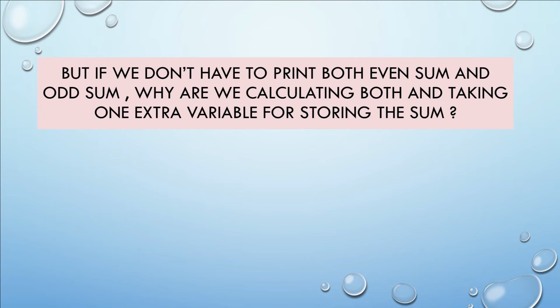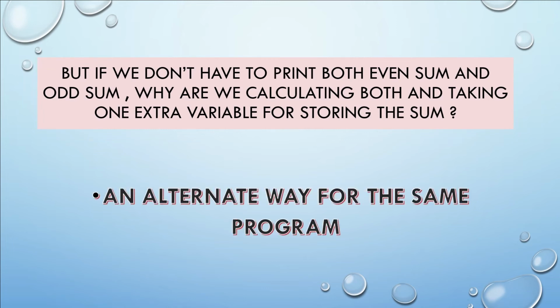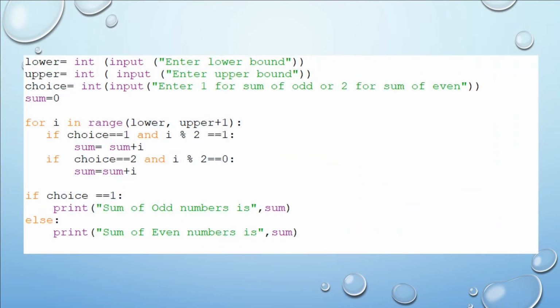So this depends, we can have alternate ways also. I have again used an alternate way for the same program, and this is, you can say, a much better style of programming where I'm going to use fewer variables. So now I have taken one variable to store both sums. For I in range lower comma upper plus 1,